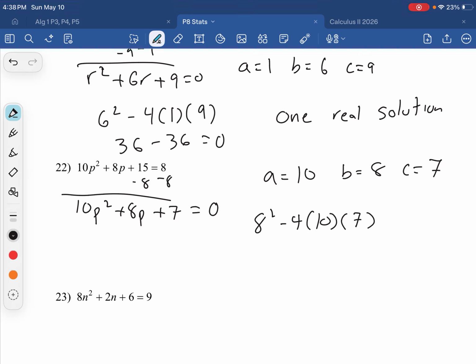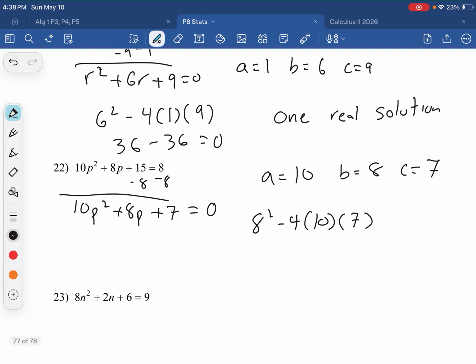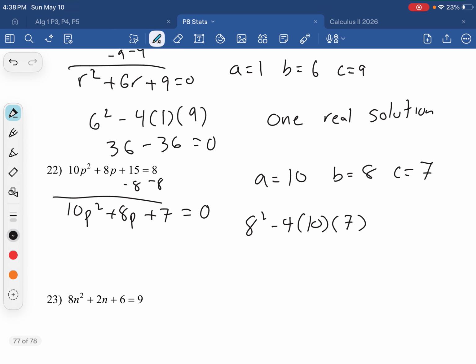So 4 times 10 is 40. 40 times 7 is going to be 280. And 8 squared is 64. So 64 minus 280 is going to be